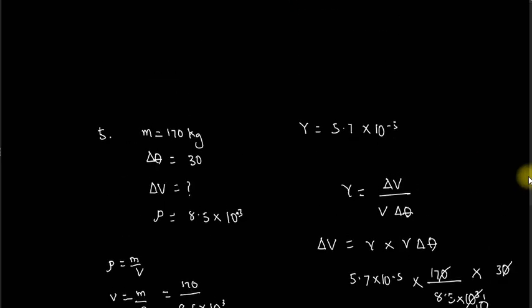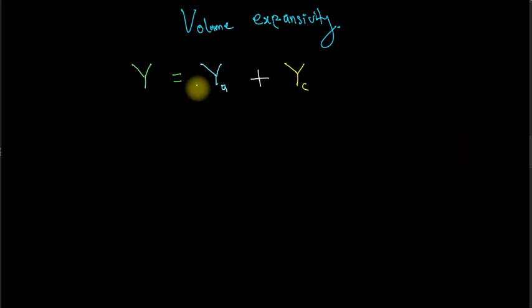Another formula for cubic expansivity is this: real equals apparent plus the expansivity of the container. So this is the real cubic expansivity, right? Another way to look at it is real is equal to apparent plus the expansivity of the container. You can just look at it like that. What does this mean? It means that,